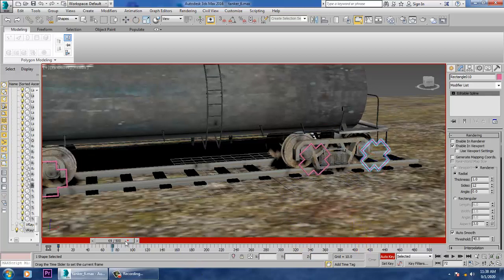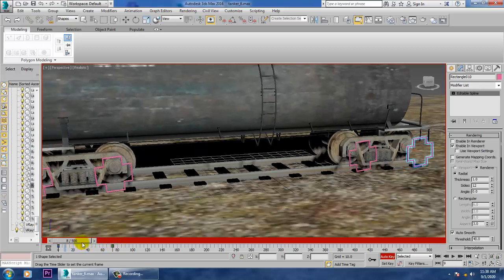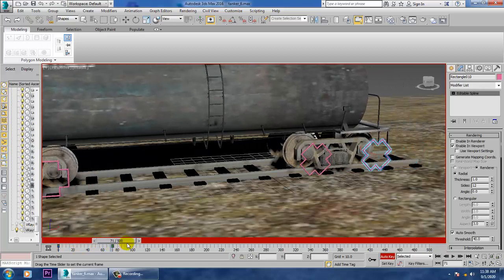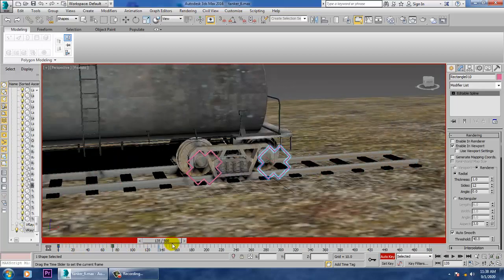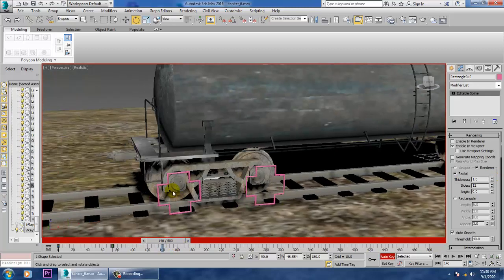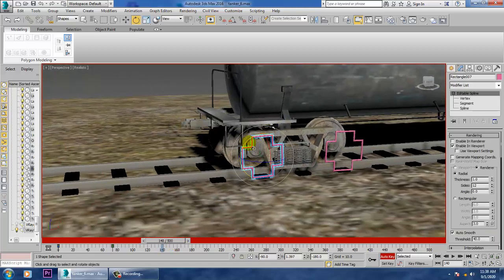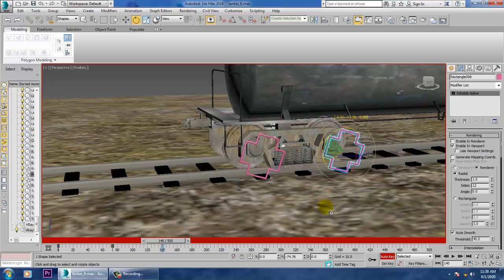Now you see it's animating all the wheels. After that again I'll move forward and again I want its animation. So you can just go into this and increase this.